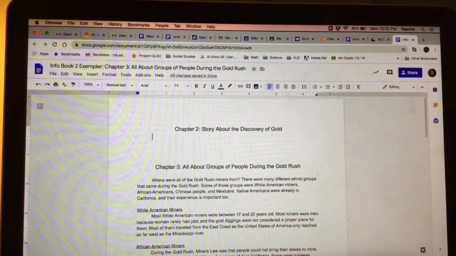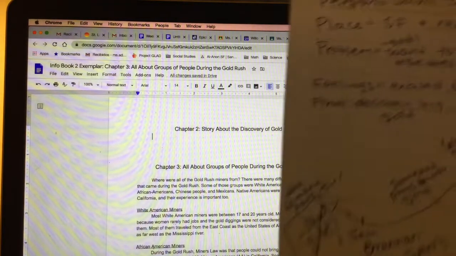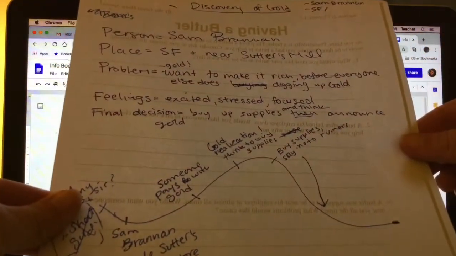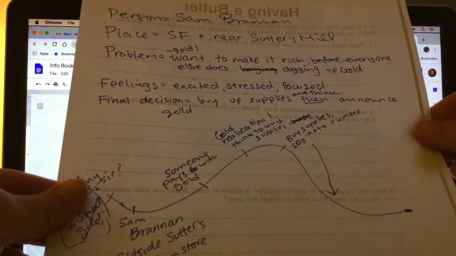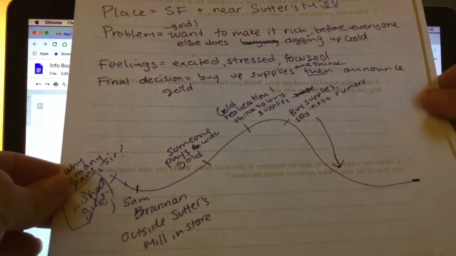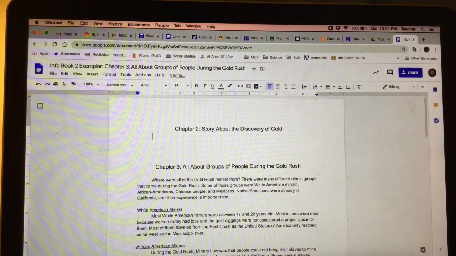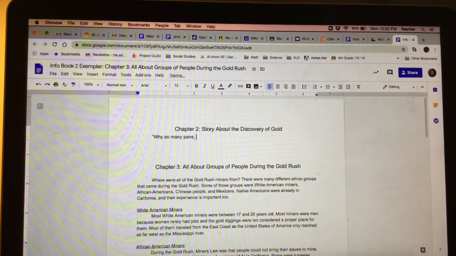Now remember, I said I wanted to start with that quote, why so many pans, sir? When I'm typing, see, it's kind of hard for you to see this well. Here we go. Oh, I wrote on the back of a butler paper. But when I'm typing, I have my notes right next to me, okay? I have them next to me and I keep looking at them. And I want your notes, like I said, to be similar to mine. So I'm going to start with my plan of a small detail, starting with a small detail. Here's my quote. Why so, oh wow, my type is really big. 14, that's way too big. I'm going to go to 12. Why so many pans, sir?